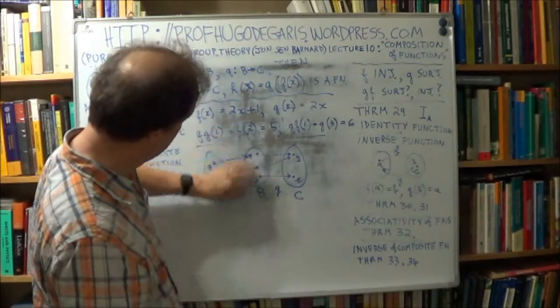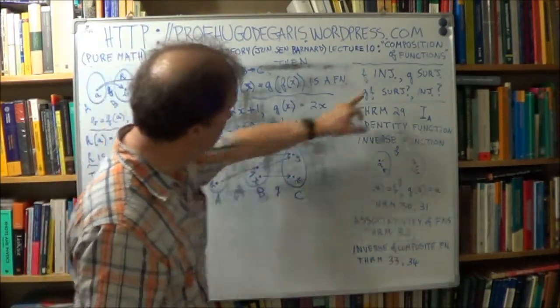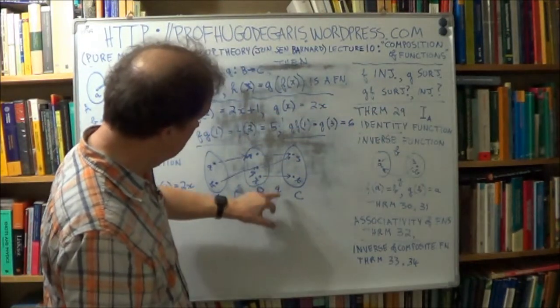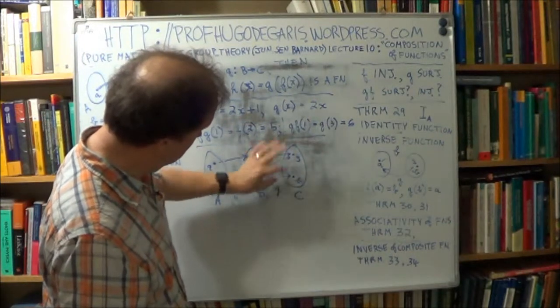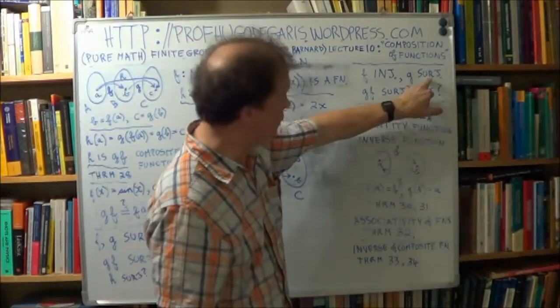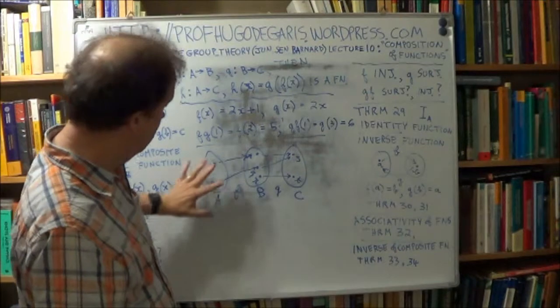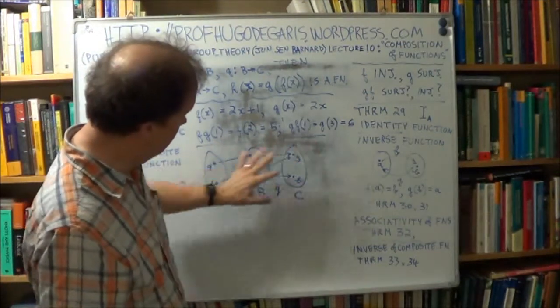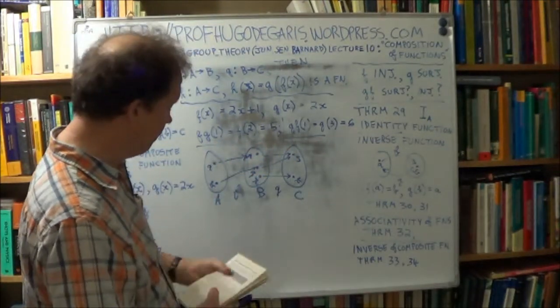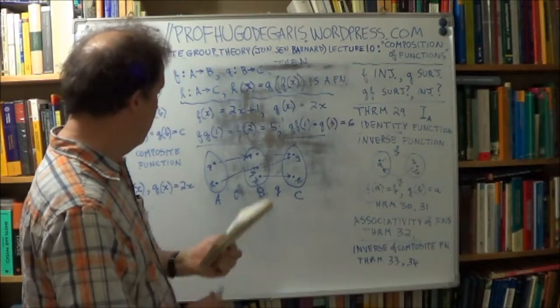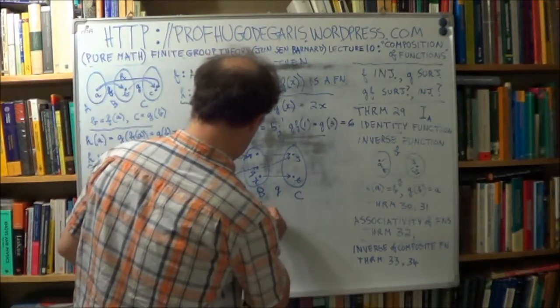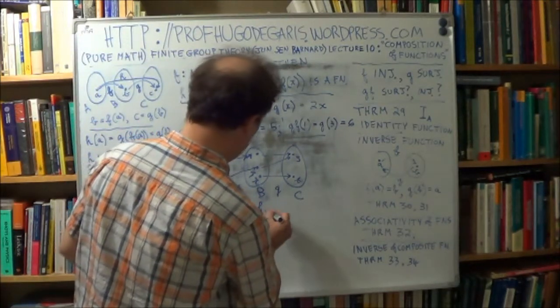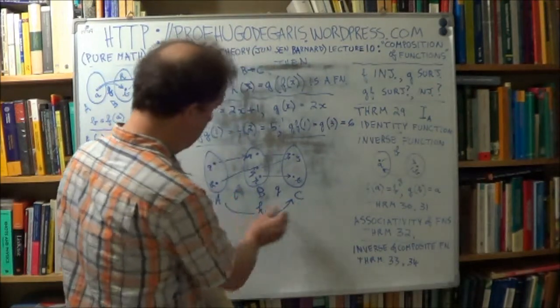Okay? So F we said here was injective. So that's true. And G here covers every element, so G here is surjective. So that's true. So this composite, this H, that's mapping A to C,